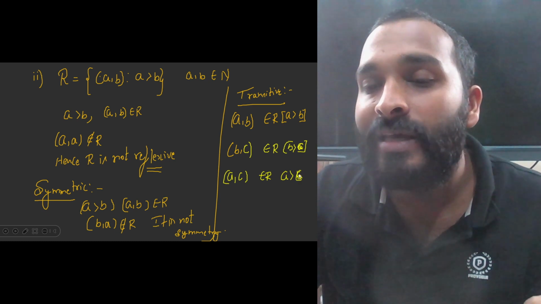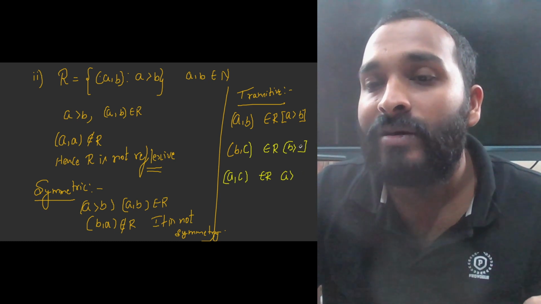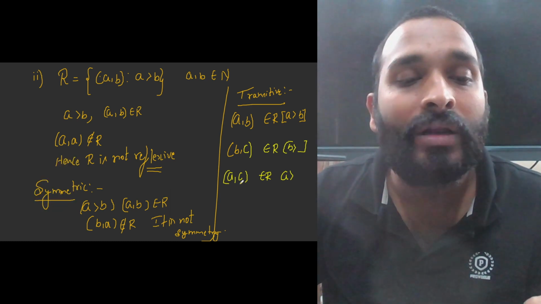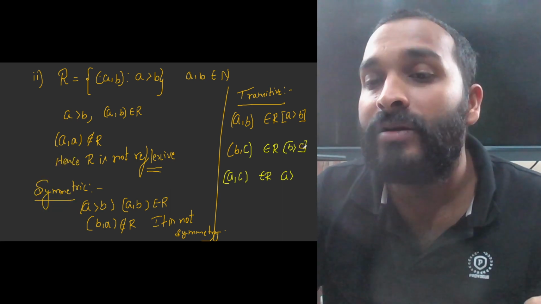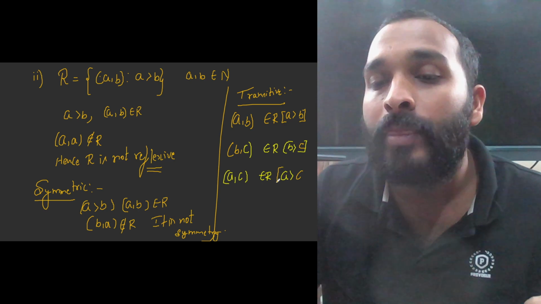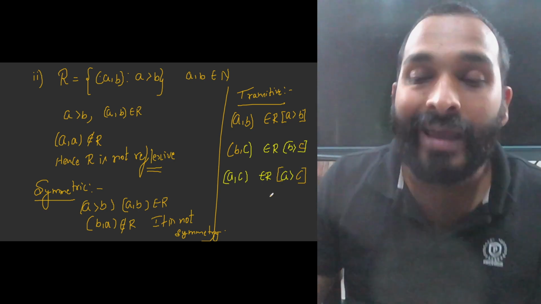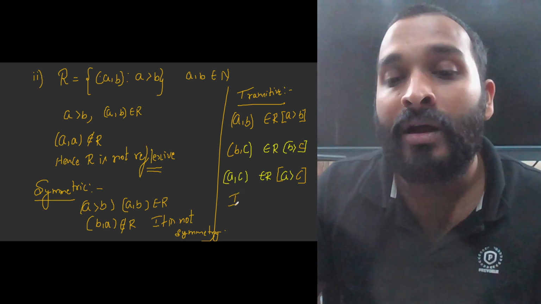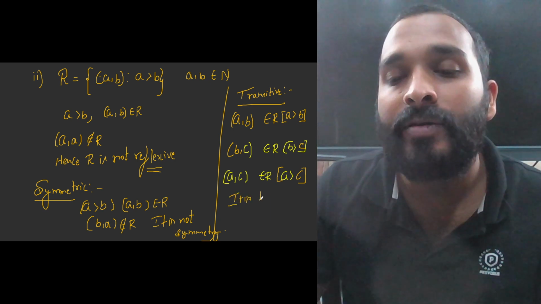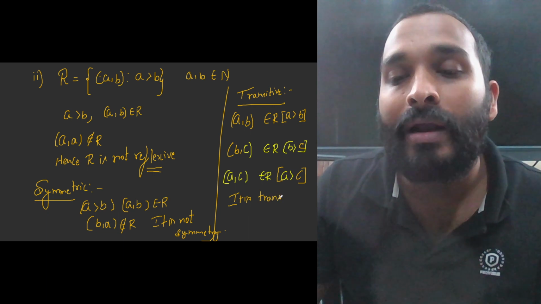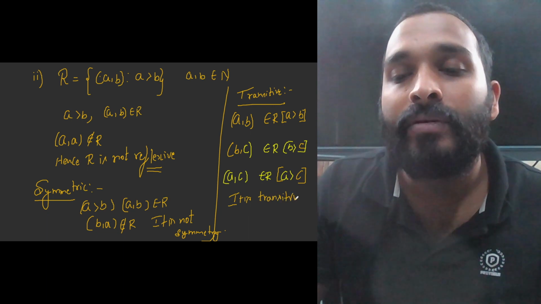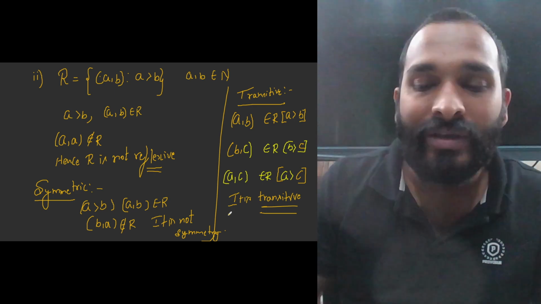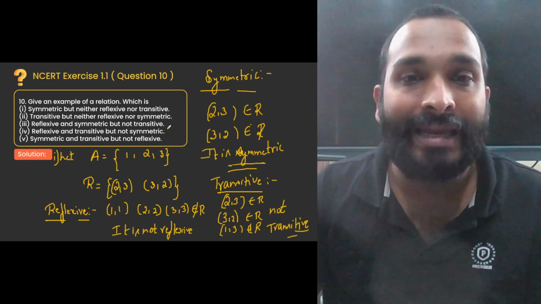Let us write C a little more neatly. So A should be greater than C. In that case, what is this relation? This relation is transitive. Observe, when you take the A greater than B condition, it is neither reflexive nor symmetric, but it is only transitive. So I will write it is transitive. Yes children, understood this? I hope this is easy and clear for all of you. Yes, we have already solved the second sub question.